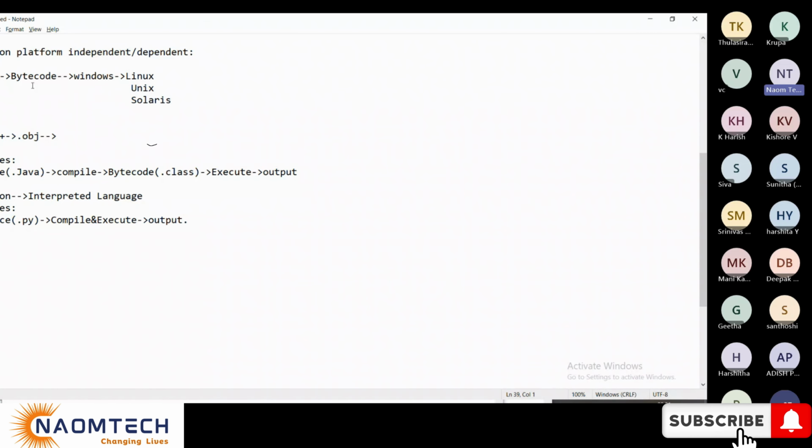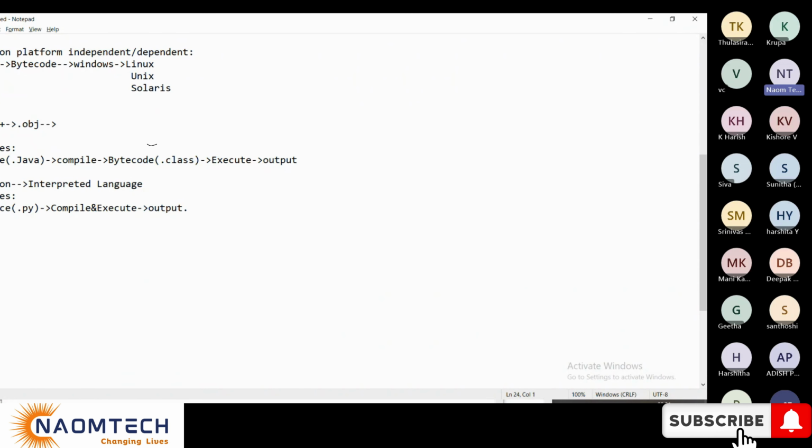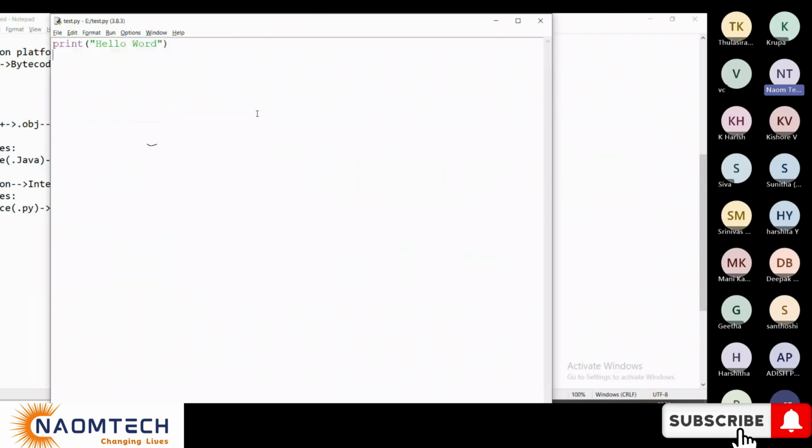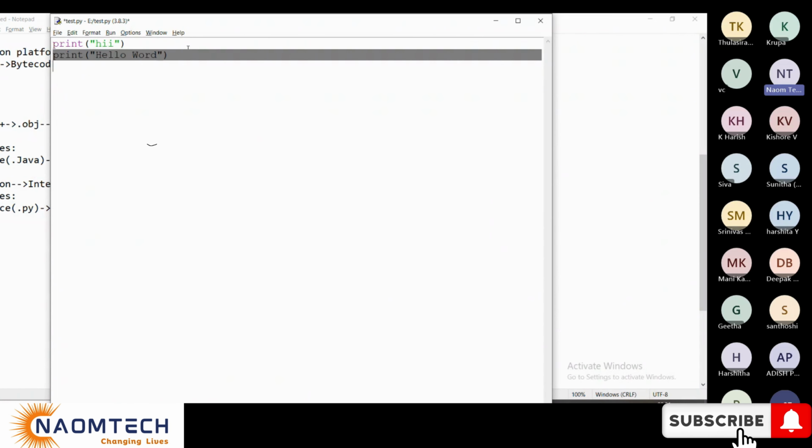Now let's understand this difference, because these are all very important. You might think this is boring, but this is important for you. Now the question is simple: how does Python work? Let's take a simple scenario. Suppose I'm writing some print statements. Print hi. This is one. Second, print hello. Third, I'm just using a few prints to give you some clarity. With Python, this compilation and execution happens line by line.